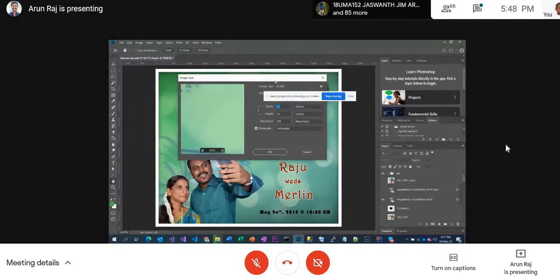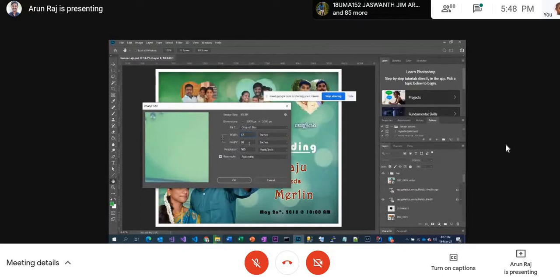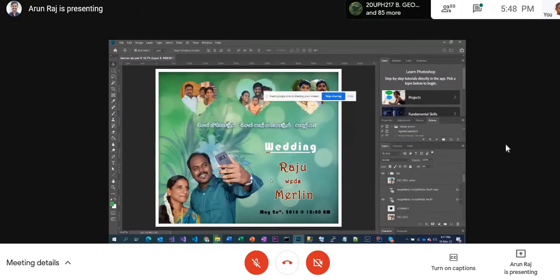So the actual image size is 10 inches, and when you look at the resolution, it is 500. This is very important. This means we have defined a banner for 12 feet and 10 feet. Okay, and we put 500 resolution because you are working in inches, so when they print it, it will come out nicely. Otherwise, it will not be that good. Okay, so I'll just go and create.